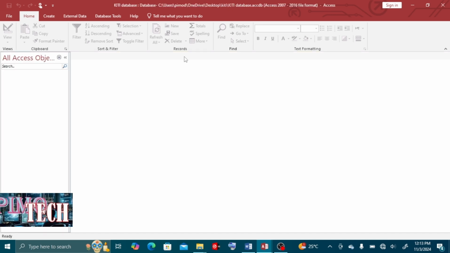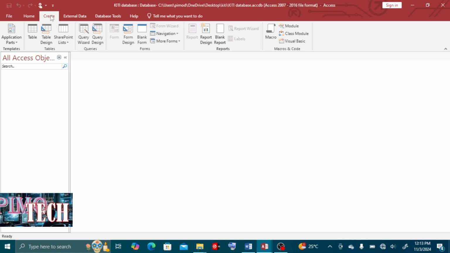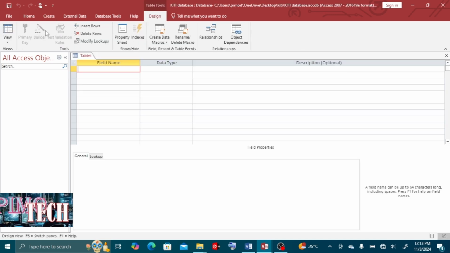So always remember to enable content. Again, we are now inside the database. What we do, we go to the main tab Create, we click Create, we go for Table Design. From Table Design, it will give us the design view of the table and we start